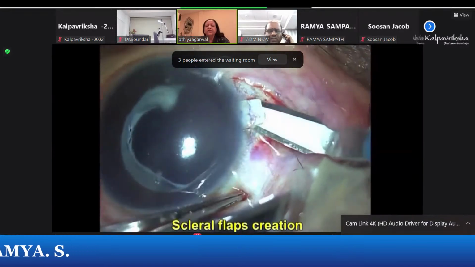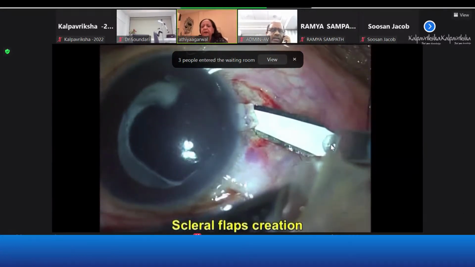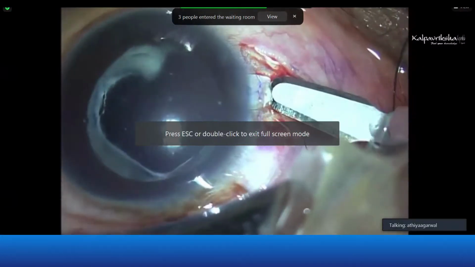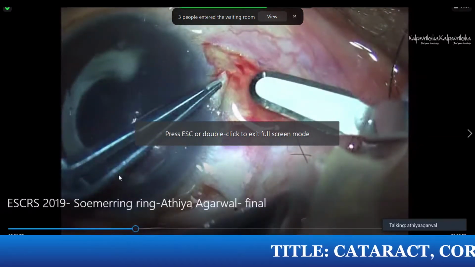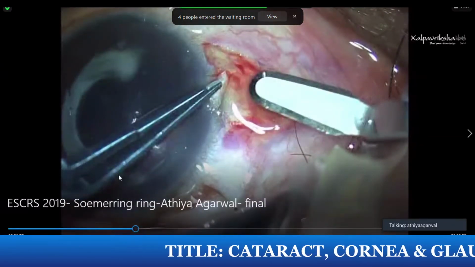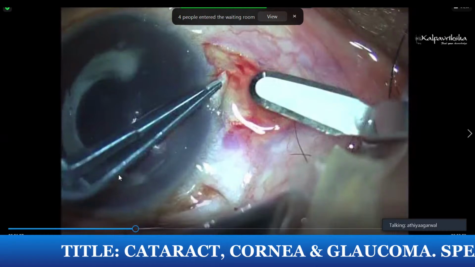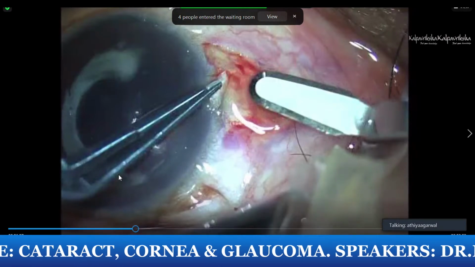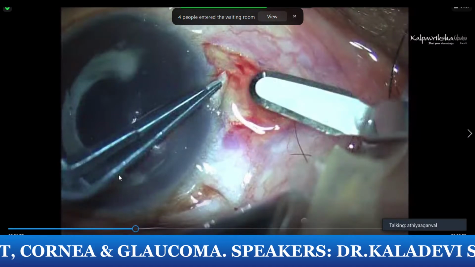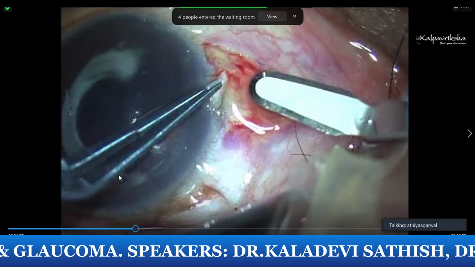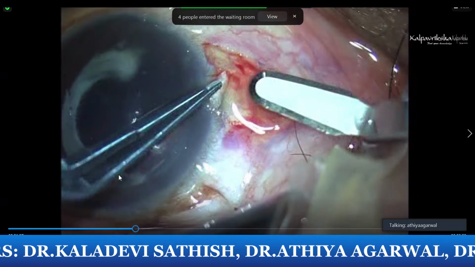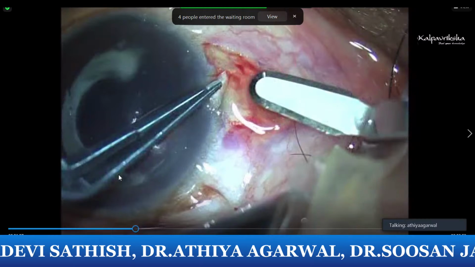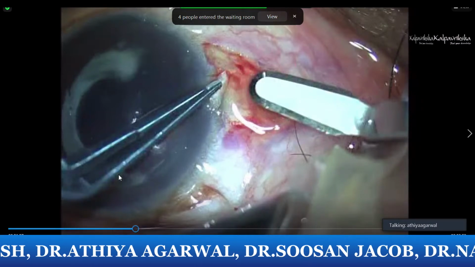Okay. So Sommering ring is nothing but, if you see here, you can see a ring which has gone behind the iris, and the center of the nucleus is very clear. You're only seeing a ring in the periphery. This is called a Sommering ring, a type of after cataract, which was described by Sommering in 1828.